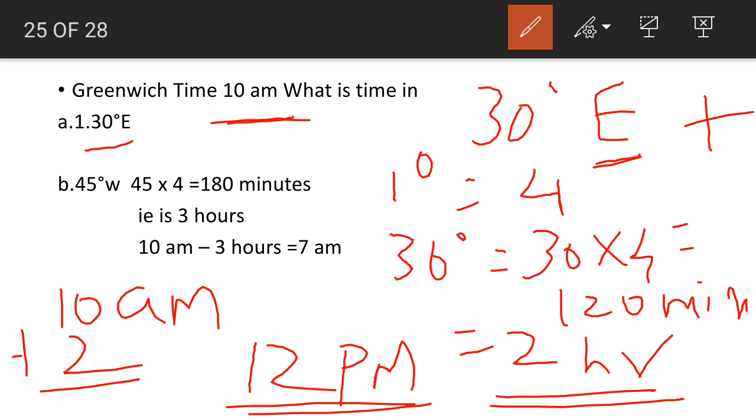Once again I will give you a review. We went through what is meant by latitude, what is meant by equator, axis, and what the important parallels of latitude are, heat zones of the earth, longitudes, prime meridian, grid, the difference between latitudes and longitudes, and time calculation, how to calculate time by using Greenwich time. These are the things we went through in chapter 2. I will continue in chapter 3. Thank you.